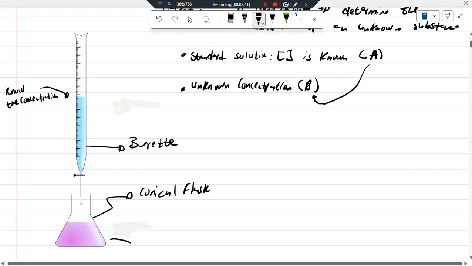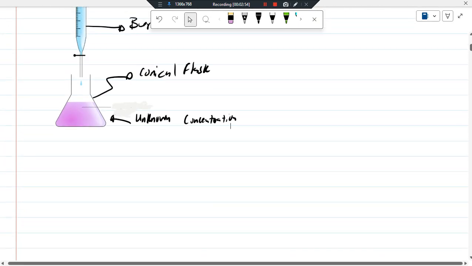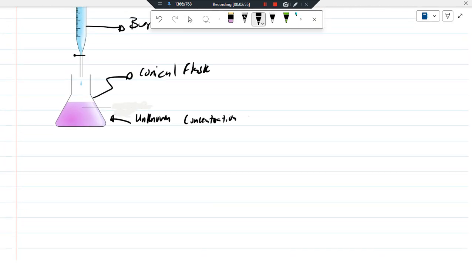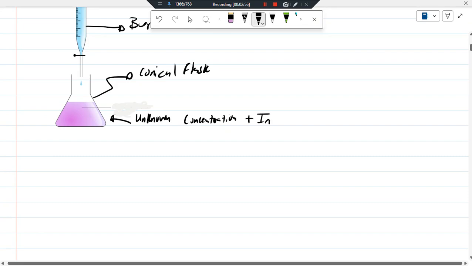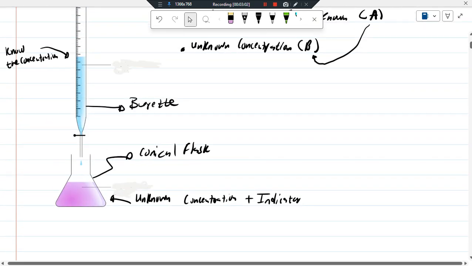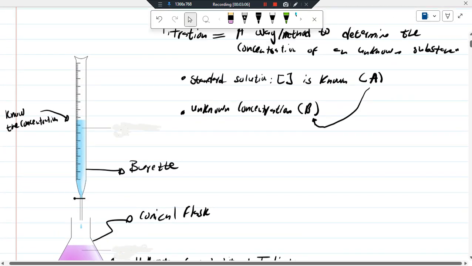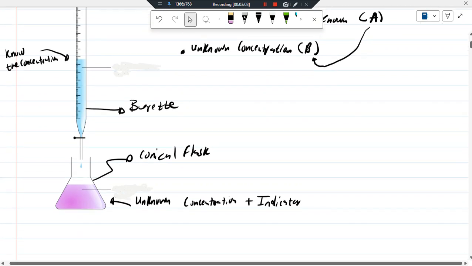In the conical flask, we add the unknown substance, the one with the unknown concentration. And then we add what is known as an indicator. I'm sure you know these things, right? And then what is the procedure? The procedure is that as I add